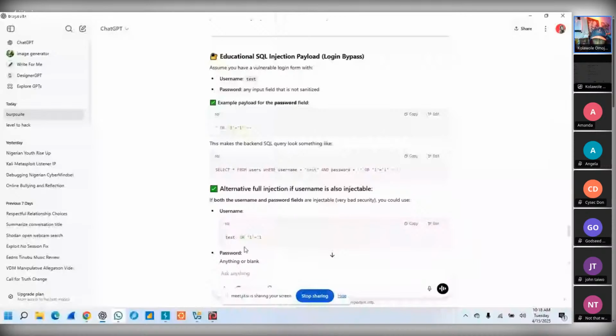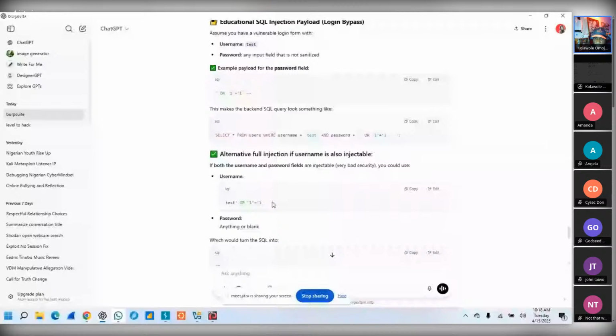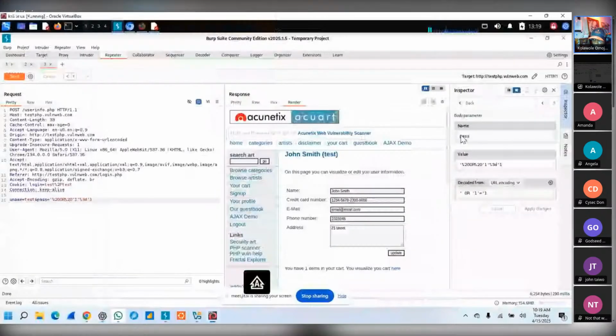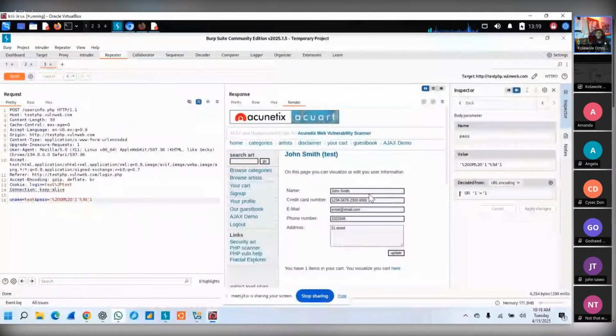Exactly what I did, I think that's what is here. It says test or 1 equals 1, and that is exactly what I wrote here. Now, because I wrote the value from ChatGPT and the website kind of changed, I know I'm very close. So sometimes you just make